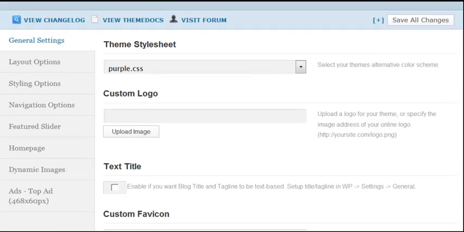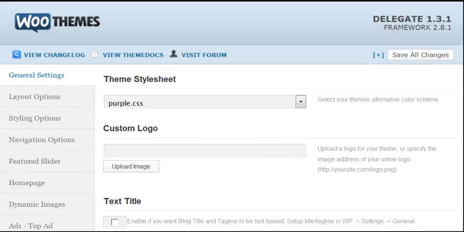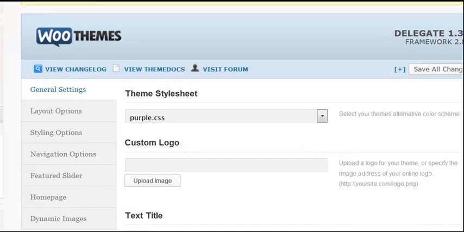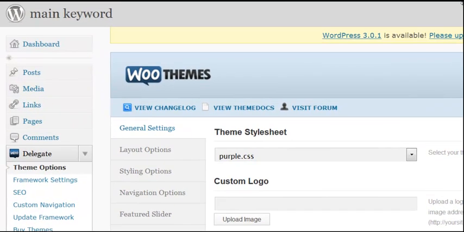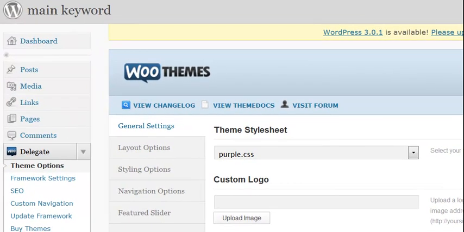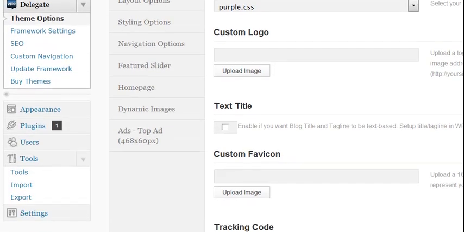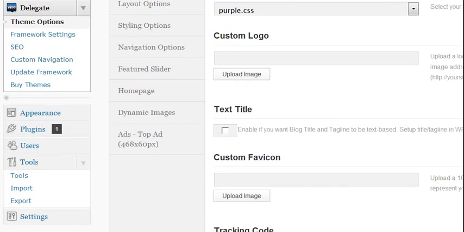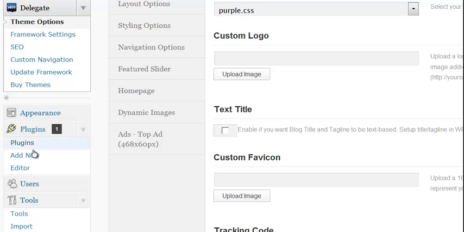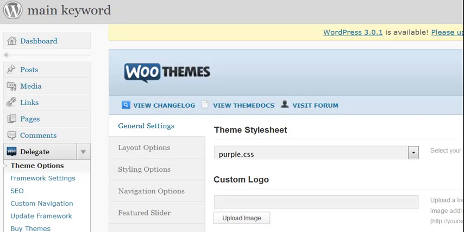So let's see if there's anything else. I think we can leave this for now. The next thing you want to do after that is we want to have a few plugins. And plugins are just small bits of software that optimize this website or blog for the search engines. There's a couple of plugins we want to install, and the way to do that is just go to plugins. Just to give you an idea where that is,